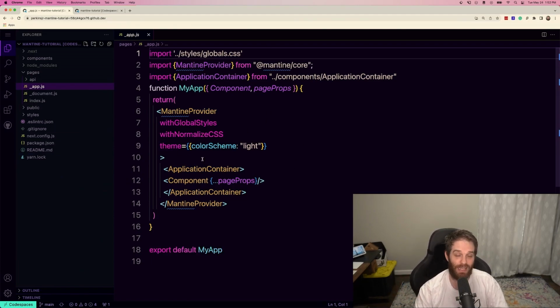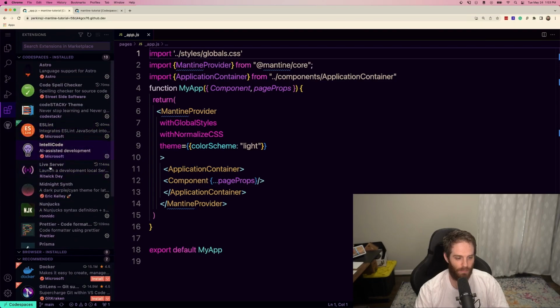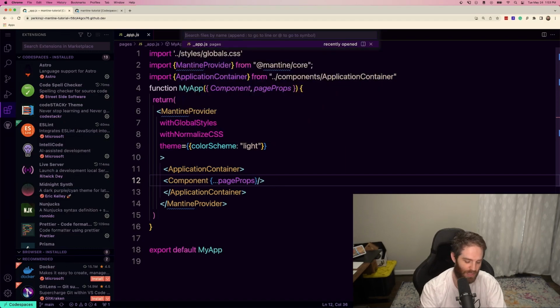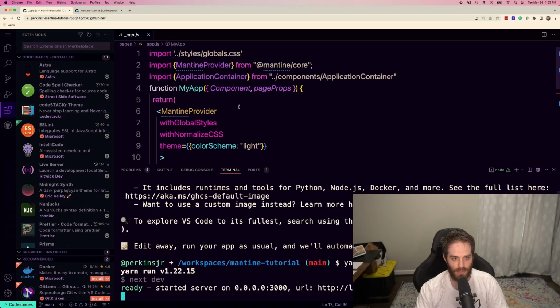And it's also syncing everything that I have. So this is actually synced with my Visual Studio Code options. So everything has been installed. If I go to extensions and see what's installed, I've got Midnight Synth, which is my favorite theme, and a bunch of other stuff. So now you can even do commands using the same key bindings as you did before. So things like Command J will open up the terminal, and we can do yarn dev and run this.